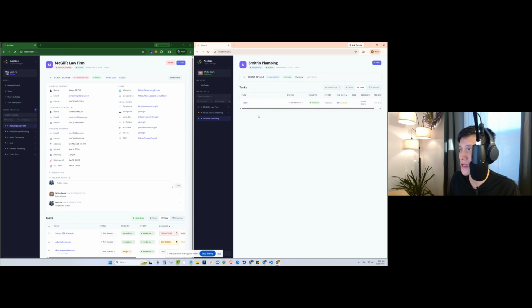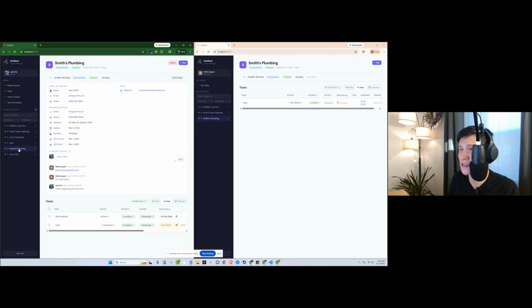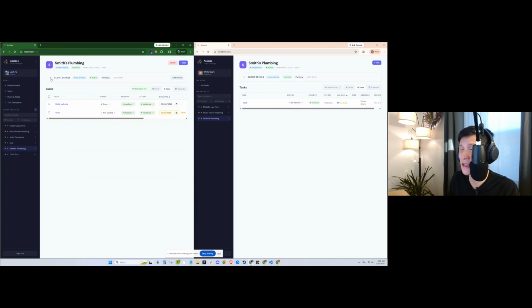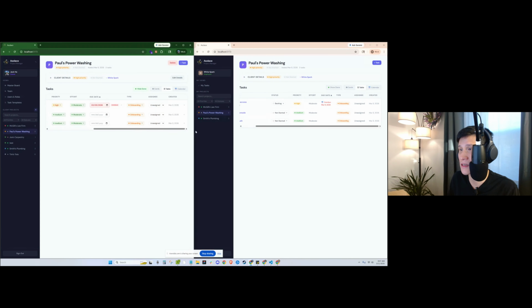I only want the user to see the tasks that they are assigned to. I couldn't figure that out on the other project management app. So you see here on the employee side, there's test one, but they don't see build website because it's not assigned to them. Another really interesting thing is that they are not assigned to any of these pause tasks, but